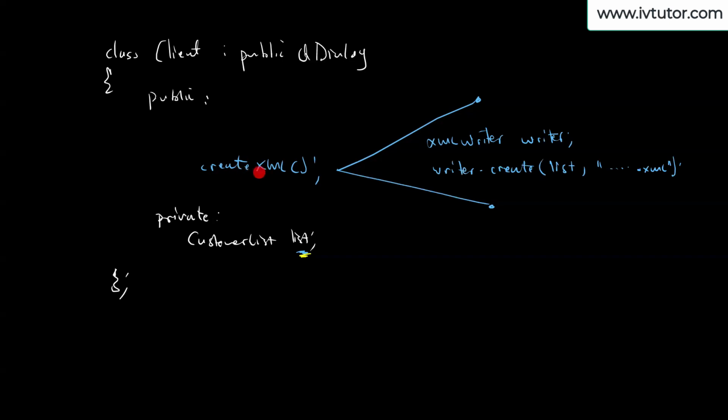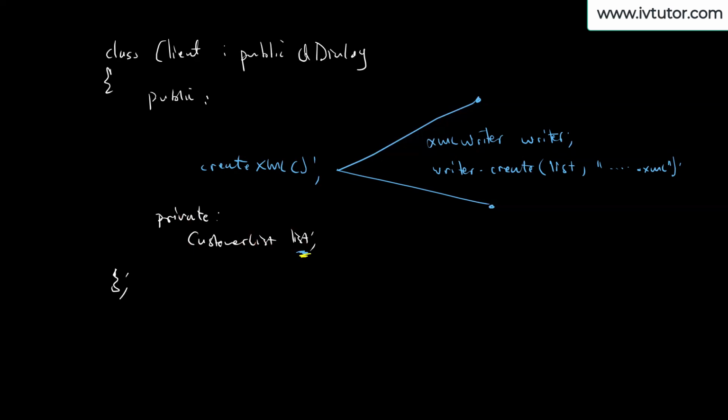So looking at this function, create XML, it's going to need to define an instance of our writer and then use that writer to then generate the XML. But do we have to store an instance of our writer under private? We actually don't, because we only need it when we use it inside our function. So looking at the class definition, you will never see a writer defined under private because you just use it when you need it. But your list has to be defined here